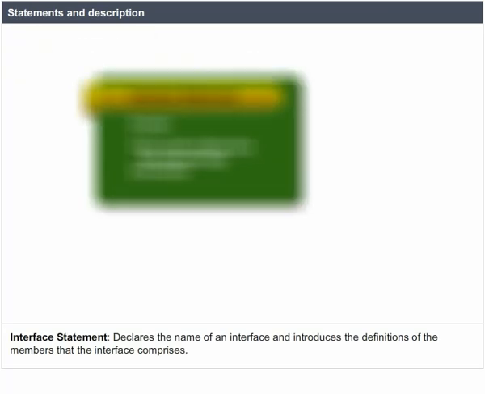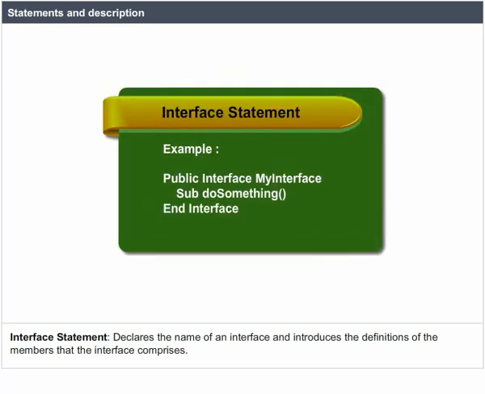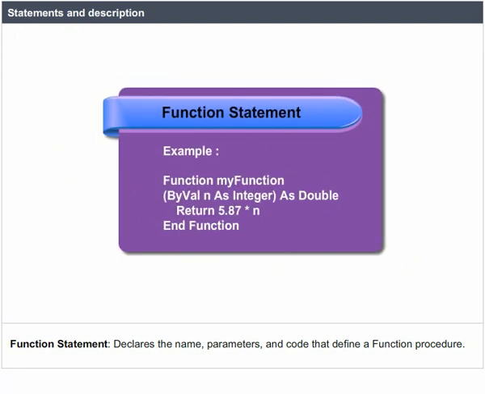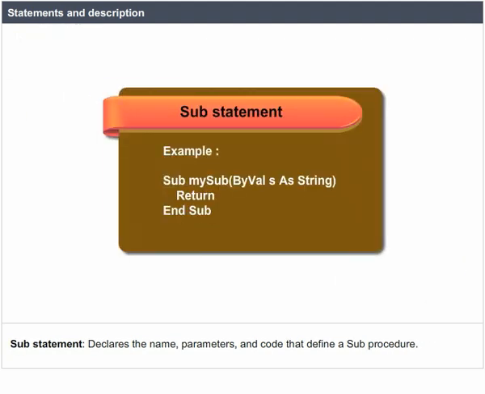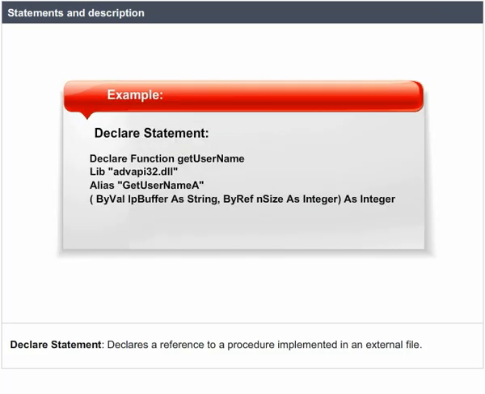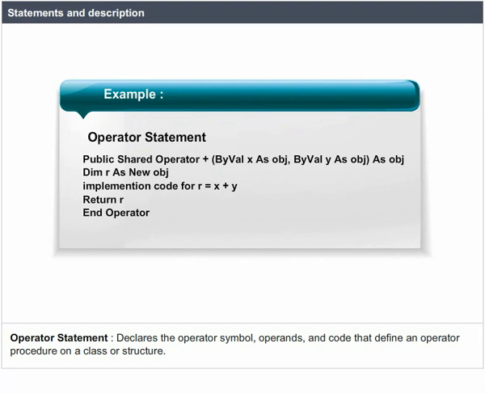Statements and description. The Interface statement declares the name of an interface and introduces the definition of the members that the interface comprises. The Function statement declares the name, parameters, and code that define a function procedure. The Sub statement declares the name, parameters, and code that define a sub procedure. The Declare statement declares a reference to a procedure implemented in an external file. Example: The Operator statement declares the operator symbol, operands, and code that define an operator procedure on a class or structure. Example: